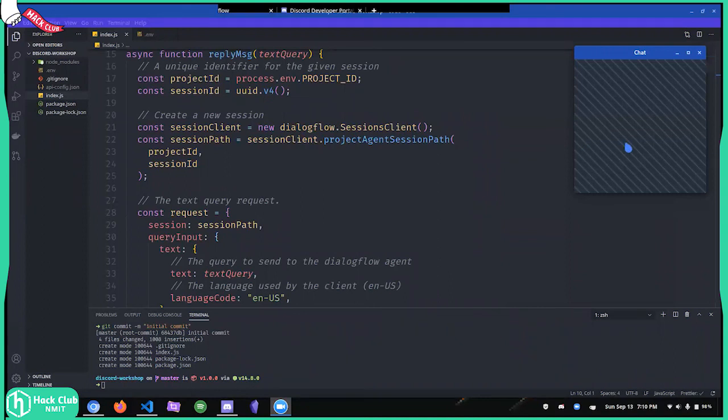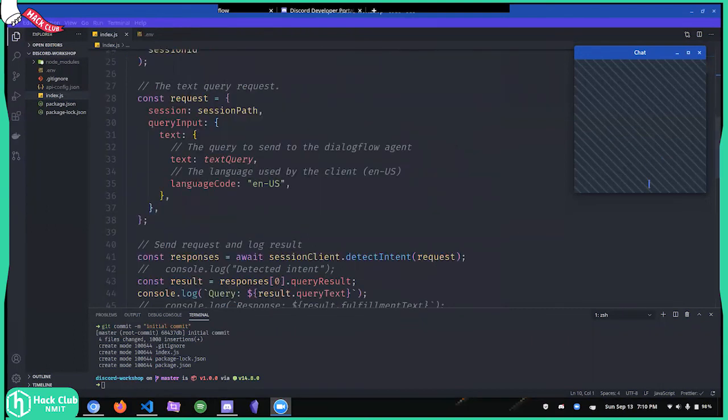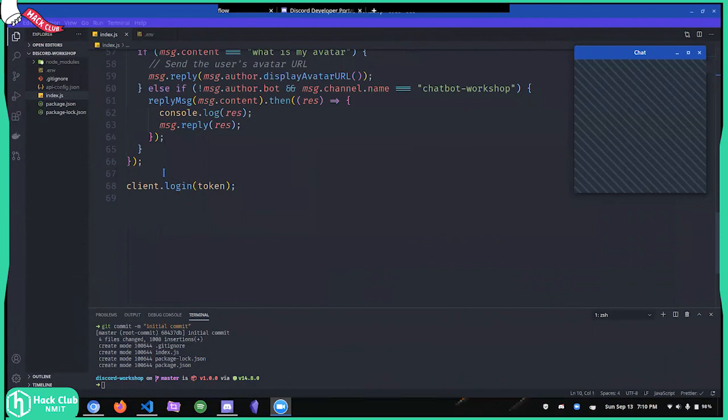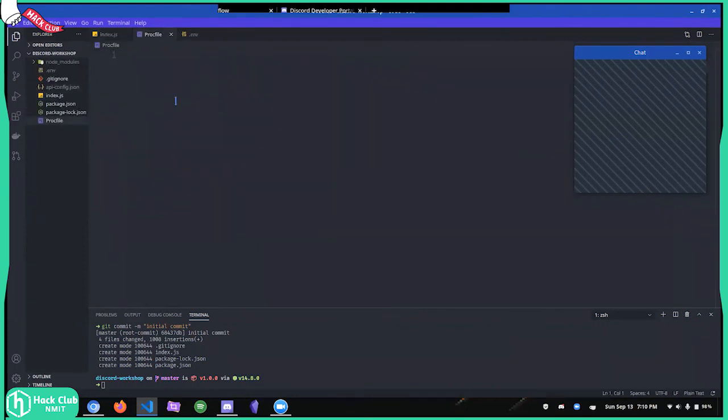He's asking if this code is hostable anywhere, if it'll run on an online server. The answer is yes, it can. I'm going to take Heroku as an example. For Heroku, you need to create a Procfile. In this file, you type web, and then the command it will need to execute once it's uploaded on your server, which will be node index.js. Once the code is uploaded to Heroku, it will run this command.